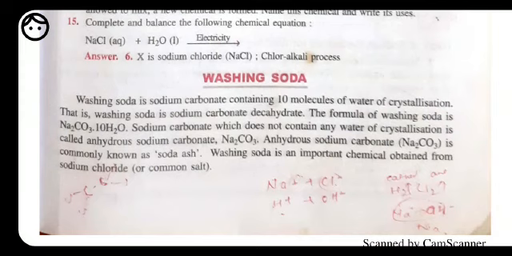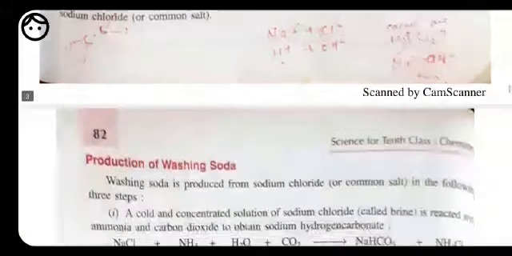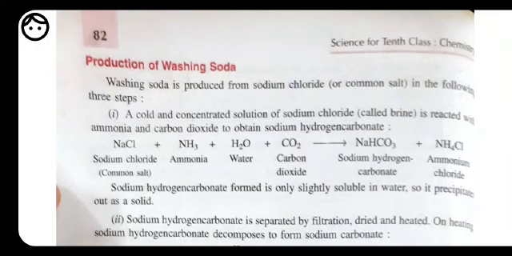If we remove this water molecule from the chemical, then it is called anhydrous sodium carbonate, or it is also called soda ash in the absence of water molecules. But when it has 10 water molecules, it is called sodium carbonate decahydrate. Now here we have the preparation method of washing soda. So washing soda involves three different methods for preparing.